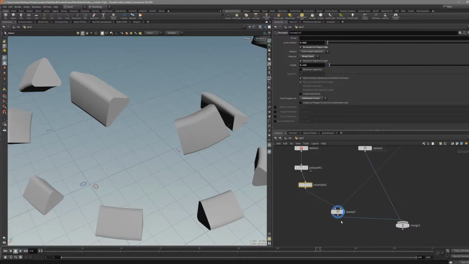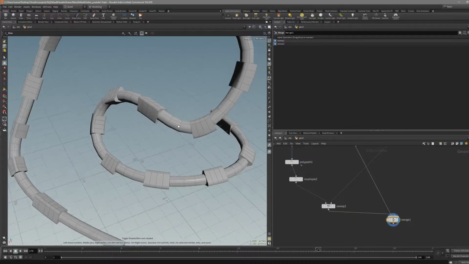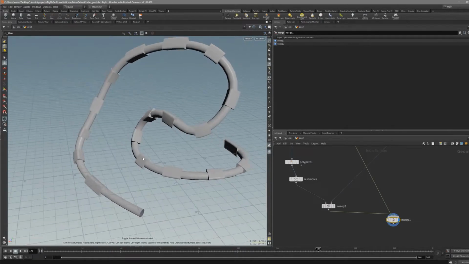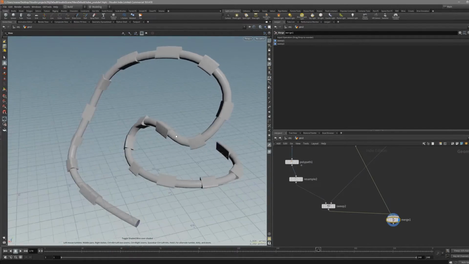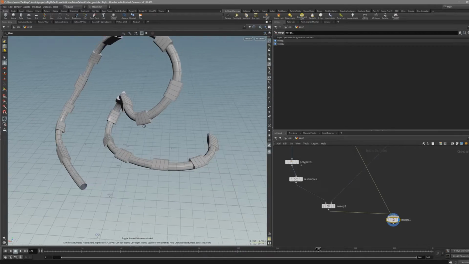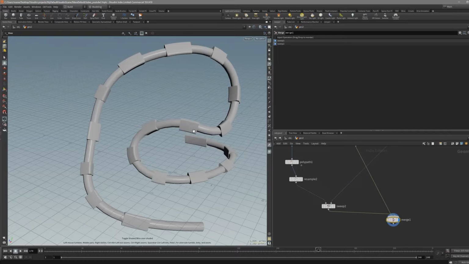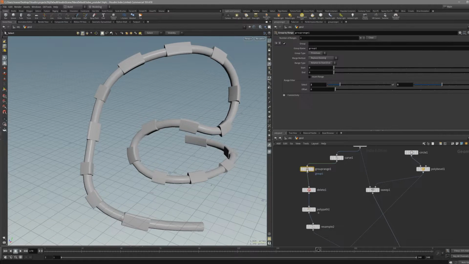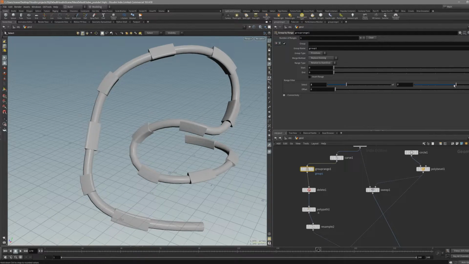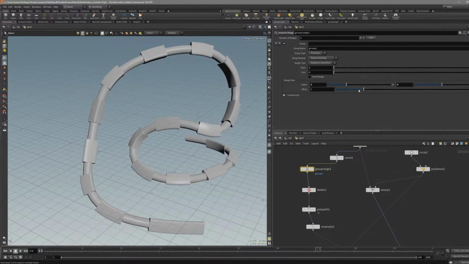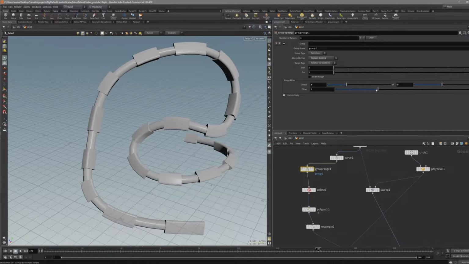Just put it on that, and in the merge you can see that we have basically created this kind of shape that follows. And of course we can go to the group by range and change the amount. Also offset, they kind of moved,